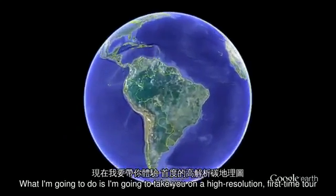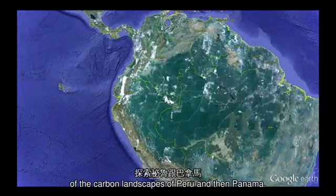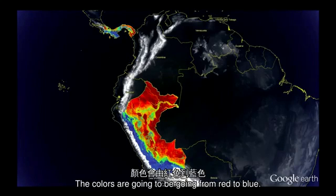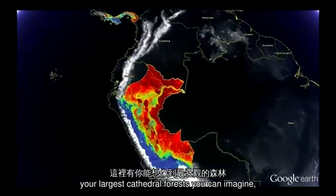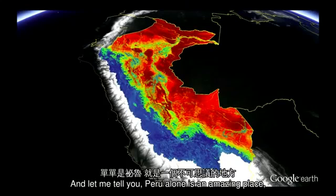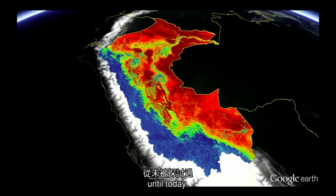What I'm going to do is take you on a high resolution, first-time tour of the carbon landscapes of Peru and then Panama. The colors are going to be going from red to blue. Red is extremely high carbon stocks, your largest cathedral forest you can imagine, and blue are very low carbon stocks. And let me tell you, Peru alone is an amazing place, totally unknown in terms of its carbon geography until